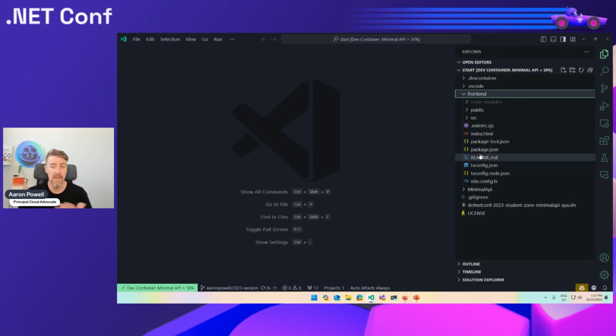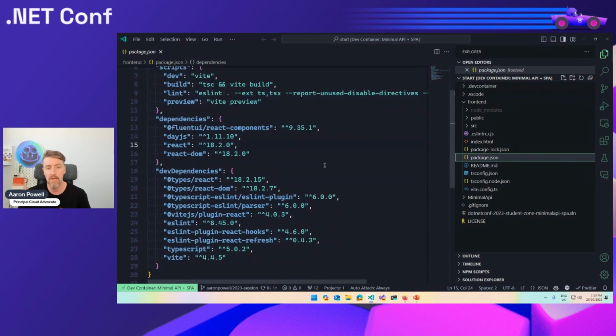This is building with React, as I said before, and I'm also going to be using React with TypeScript. So I've got a TS config. So it's going to bring that type safety that I like as a .NET developer to the front-end application that we're building. But otherwise, it is a standard Vite scaffolded application with React, and I've added 2 additional npm